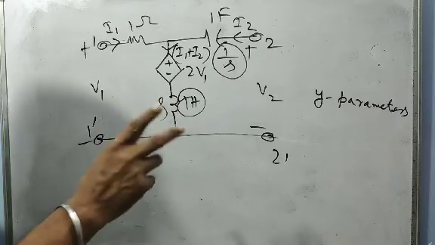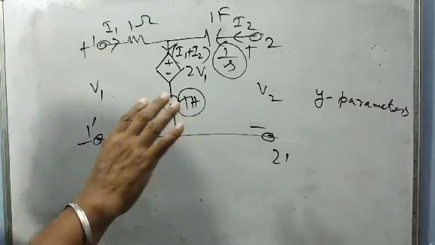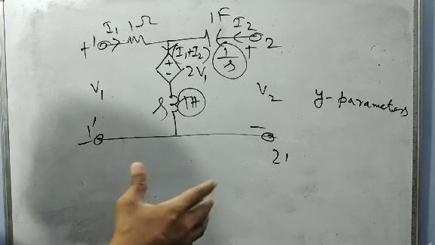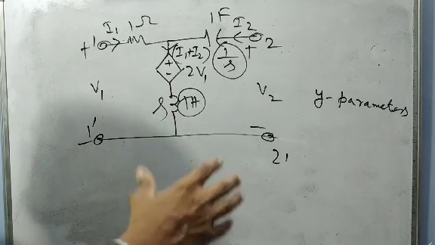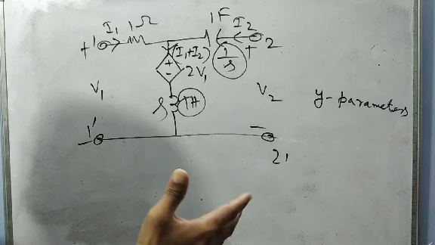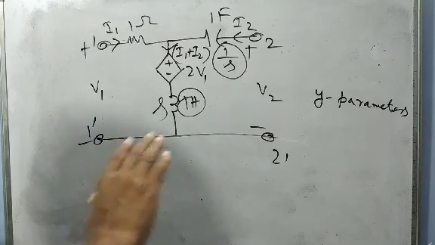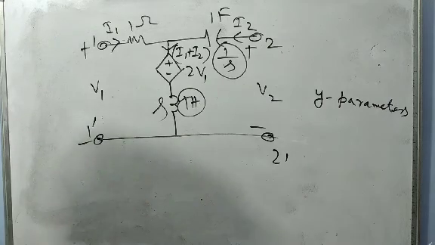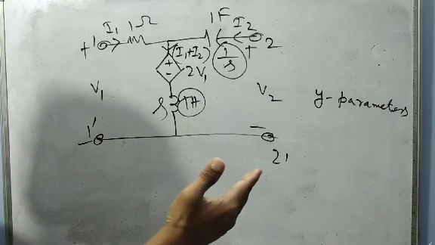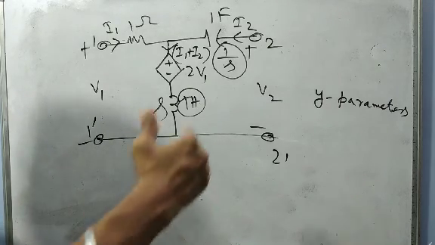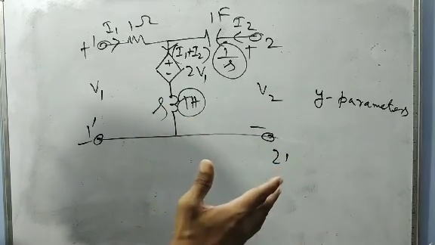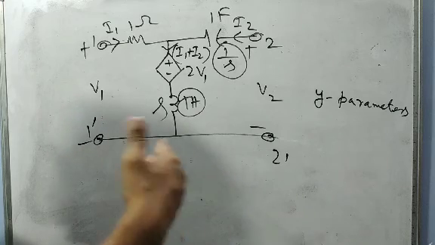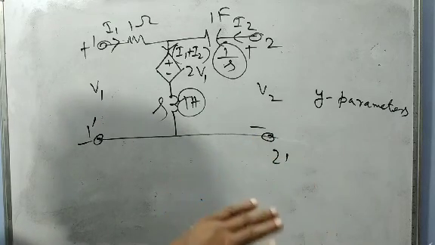There are two ports, and we have found out what are the open circuit impedance parameters, that is Z parameters, what are the short circuit admittance parameters, Y parameters, and we have found out the interrelation between the Z parameters and Y parameters, as well as we have described the transmission parameters that are known as the ABCD parameters, and how they are related. Z is related to ABCD. All these things we have described, and